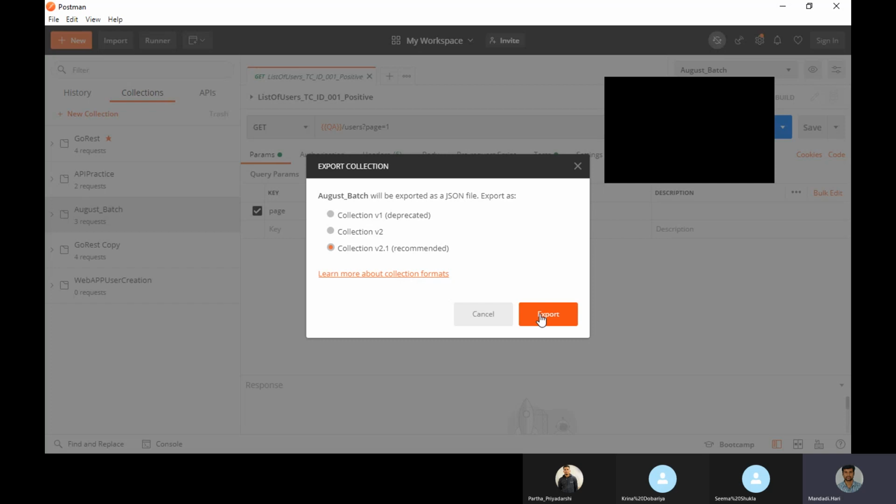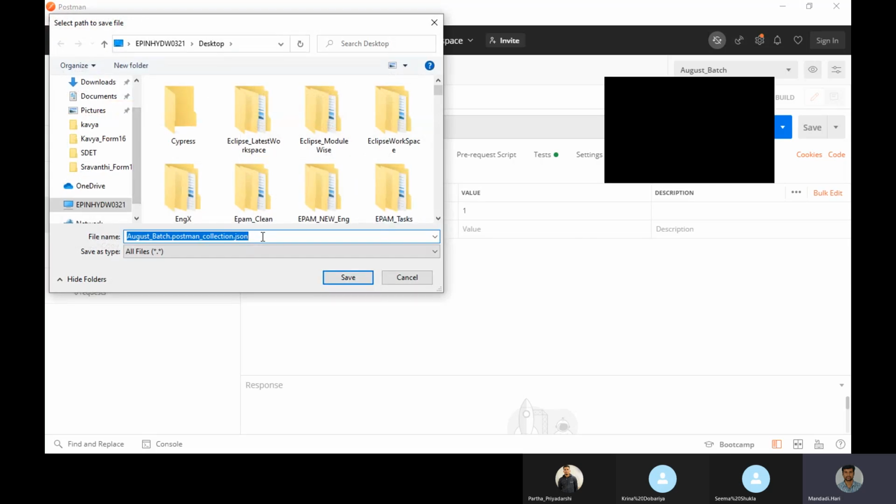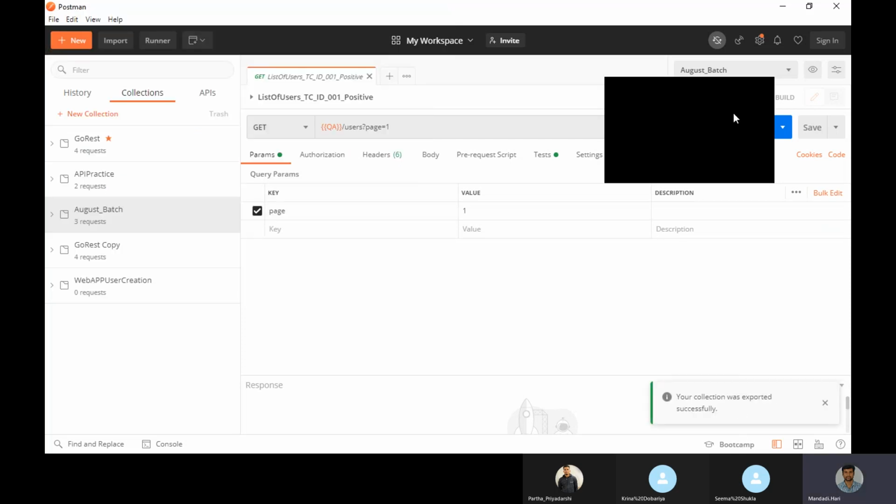Export. Okay, I'm exporting this. Date 12, I think. 12 Postman. Just import it in your Postman and try for POST.